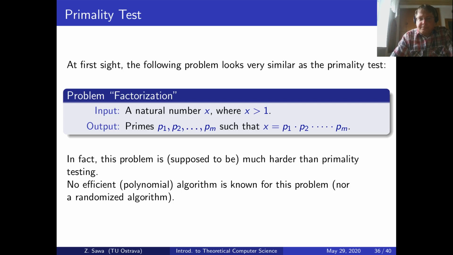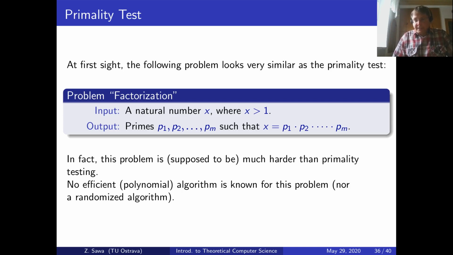describe a very similar problem called factorization, where the input is a natural number x, and let's take, for simplicity, a number greater than 1, and we would like to find all primes such that in the decomposition to primes, if we multiply these primes we would obtain that x. For example, for number 24 we could express it as 2 times 2 times 2 times 3, and basically it means that we are able to find some